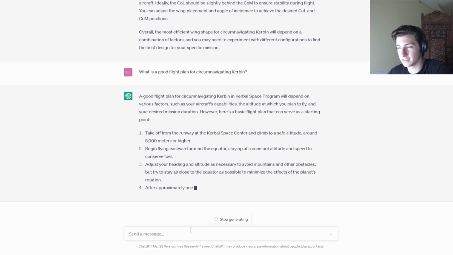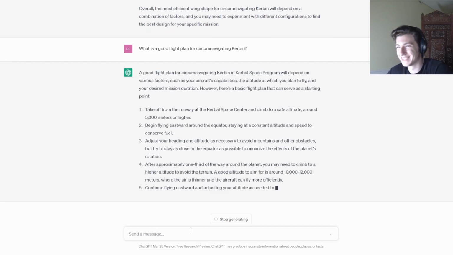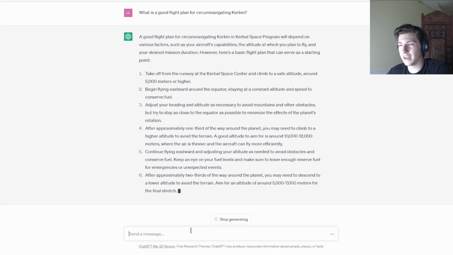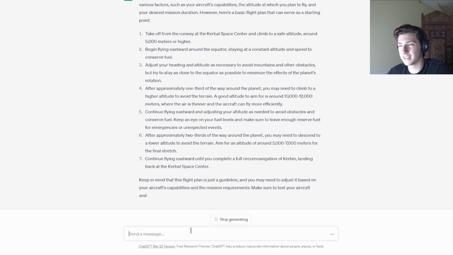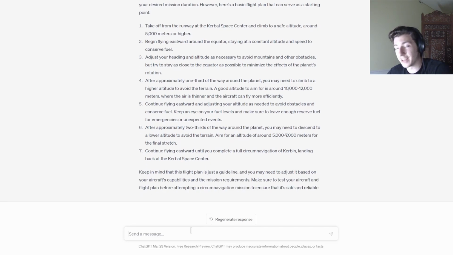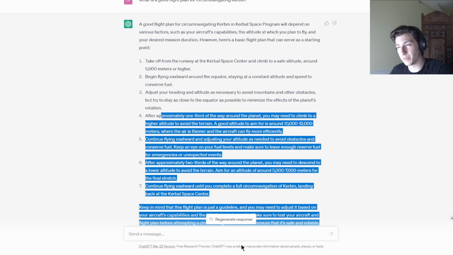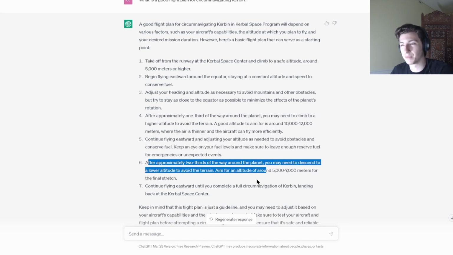Fly east. Constant altitude and speed. Avoid mountains. Stay close to the equator. May need to climb to a higher altitude, 10,000, 12,000 meters. Okay, this is really interesting because it is acknowledging that we are flying around the planet, because I was wondering if it was just saying circumnavigate Kerbin, but it didn't realize that we actually had to fly around the planet. But it says after approximately two-thirds of the way around the planet,